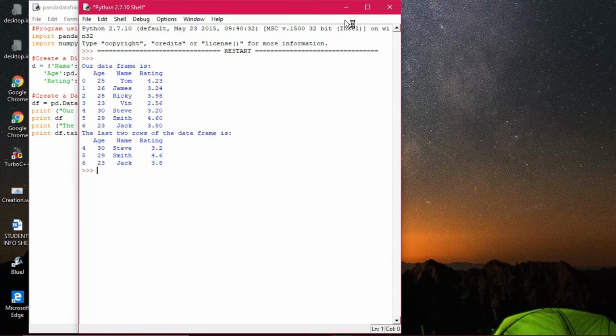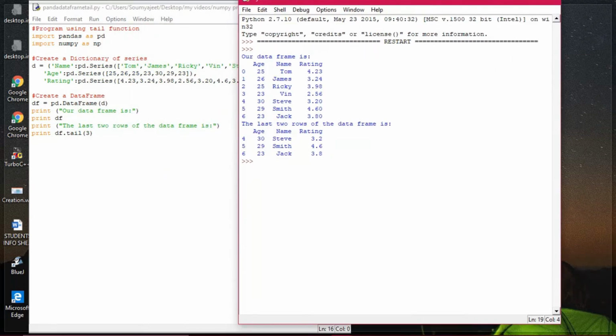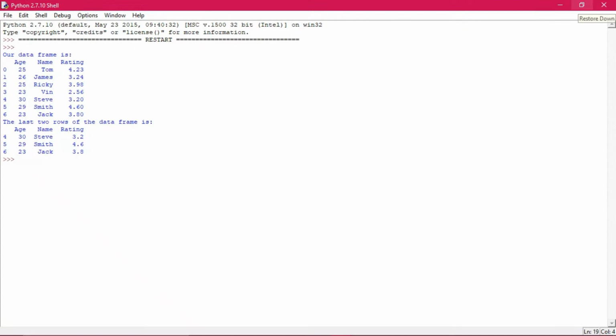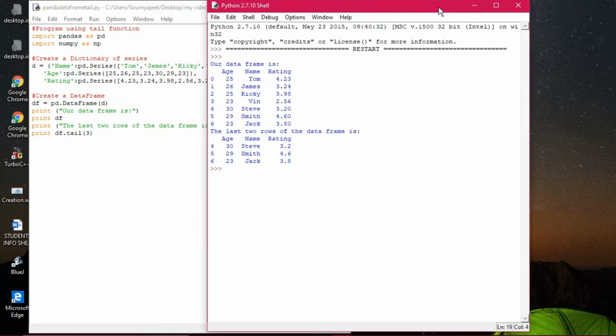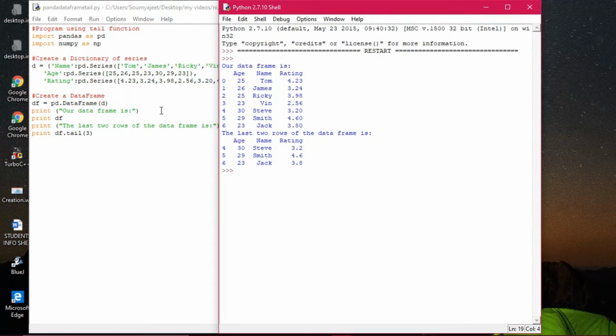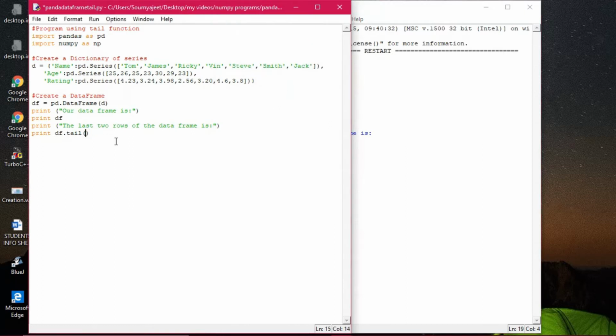Only 4, 5, 6 has been displayed, nothing else. If you give only 2 here, then the last two data will be displayed, so you can check it.